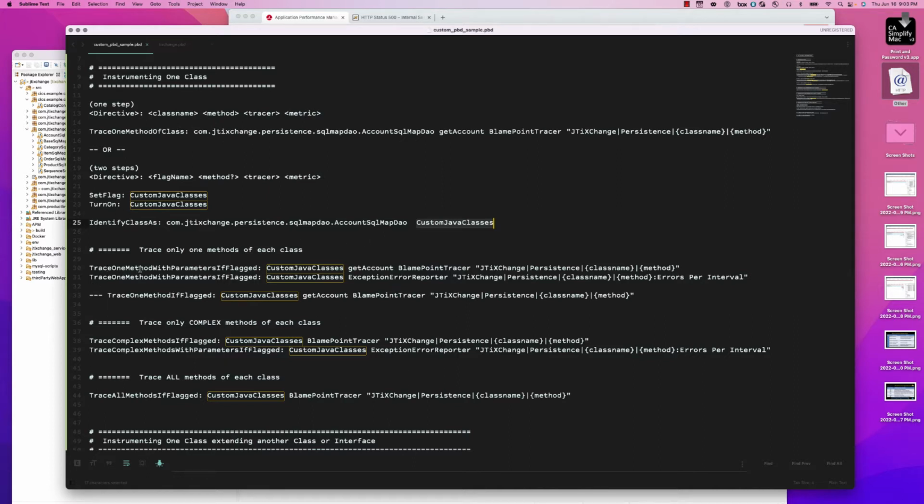I'm going to say trace one method. I can do trace one method if flagged or trace one method with parameters if flagged. The difference is that if you didn't use with parameters, the tracer that's going to run is not going to get the parameters of the method. In this case, if I were to use trace one method if flagged, it means if the flag is turned on, okay? If flagged,